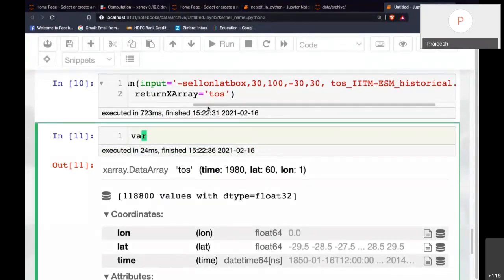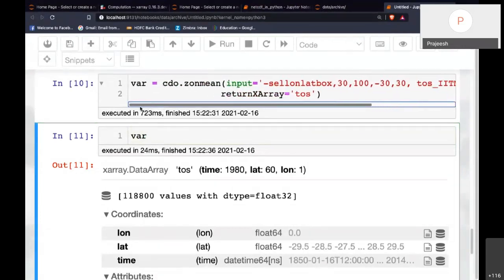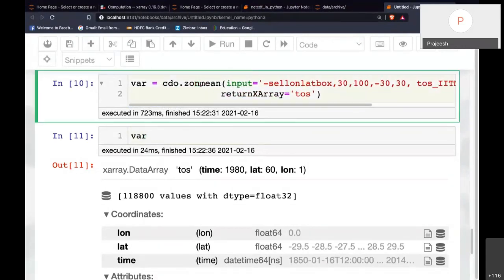Let's say I also want to have a field mean, which is the area mean. I can do this, which will actually mean over an area, and then I'll get a time series here.